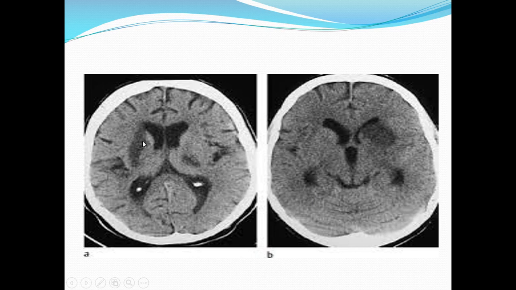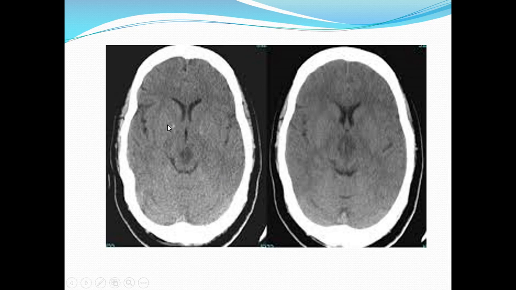Again few ischemic infarction in the basal ganglia region, ischemic infarction in the thalamus, ischemic infarction in the caudate lobe of the basal ganglia. Basal ganglia has three parts: caudate, putamen and lentiform. So these are the few infarcts, because if the microvessels are obstructed, you can have these microinfarcts, sometimes symptomatic and sometimes asymptomatic.